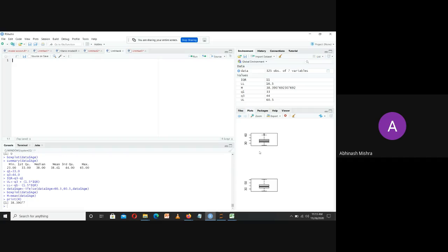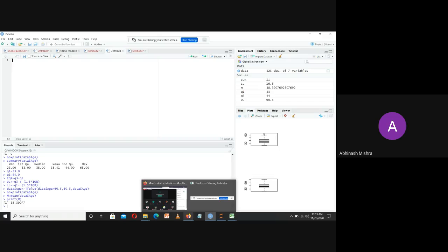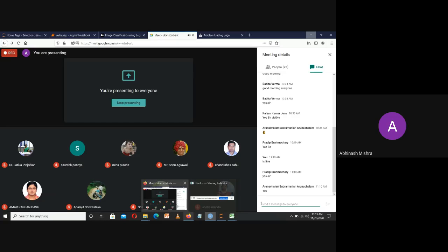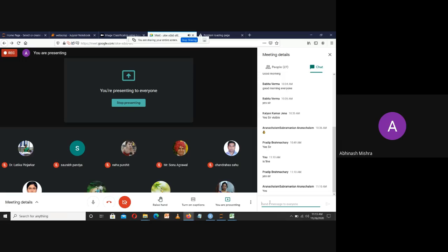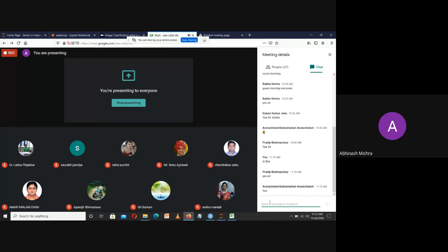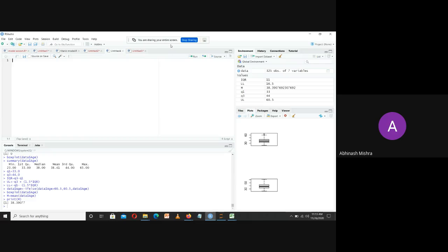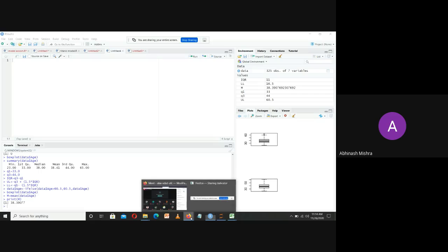I just want to know how many are familiar with this particular environment. Just give me a yes in the chat window if you are familiar. But if you are seeing this screen for the first time, is my screen visible to all?